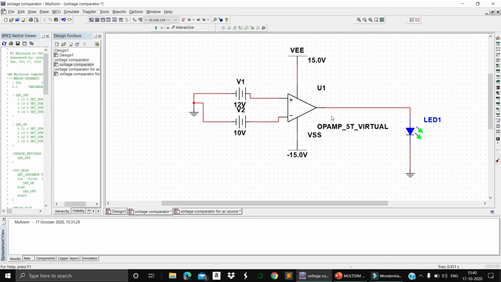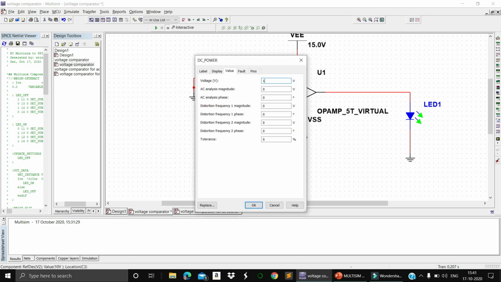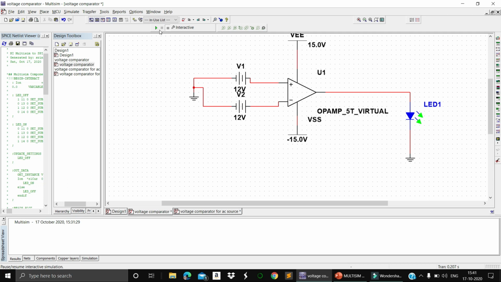Here you can see this is a voltage comparator circuit having two voltages, V2 and V1. We will be comparing these two voltages, and according to that, the LED blinks or not. If V2 is greater than V1, then only we will get it blinking, right? You can clearly notice it here itself. So it is blinking. When I keep both voltages equal, what will happen? It's not blinking, right? It is in off state. You can clearly notice here itself.